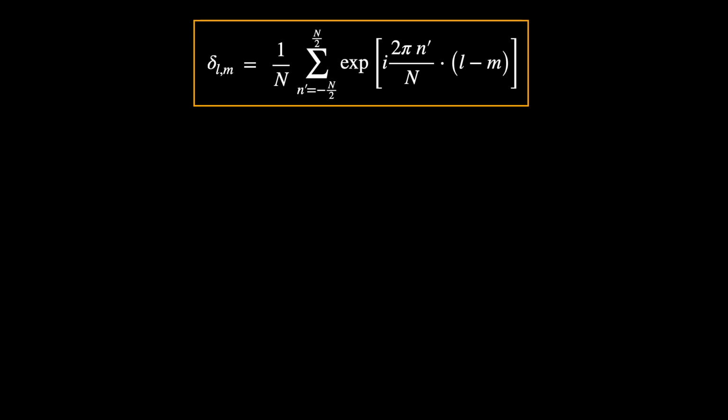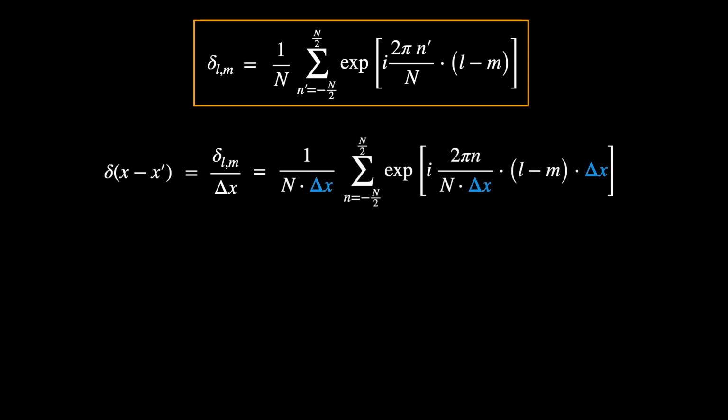This will be the starting point from which we take the continuum limit to obtain the corresponding equation for Dirac's delta function. Recall that the delta function is related to the Kronecker's delta by the following relation, where delta x is the minimum lattice spacing. Using the identity for the Kronecker's delta in the yellow box, we get,